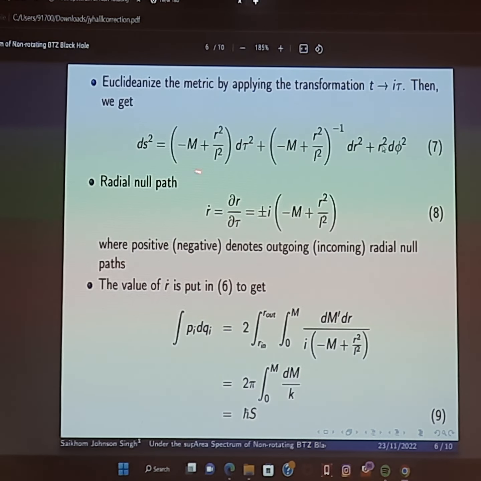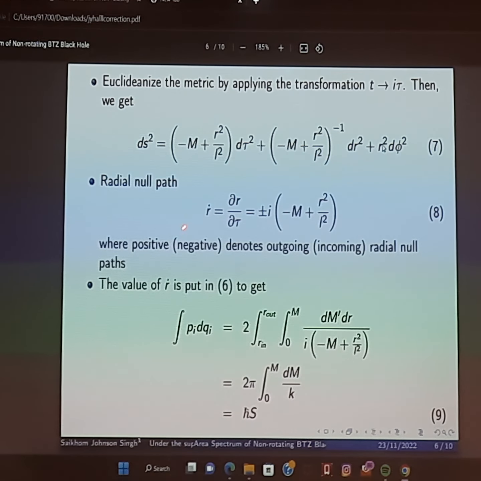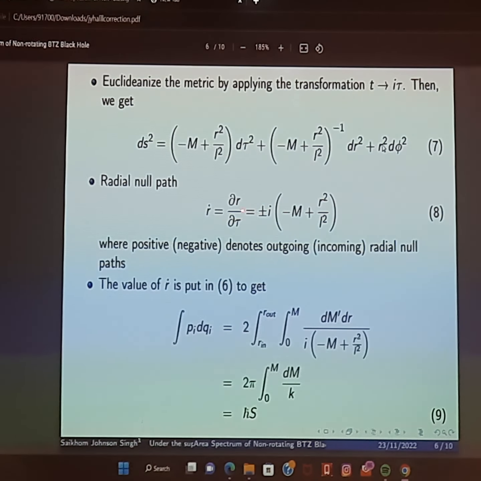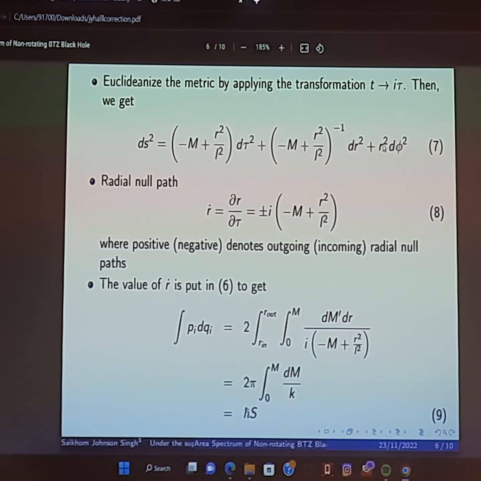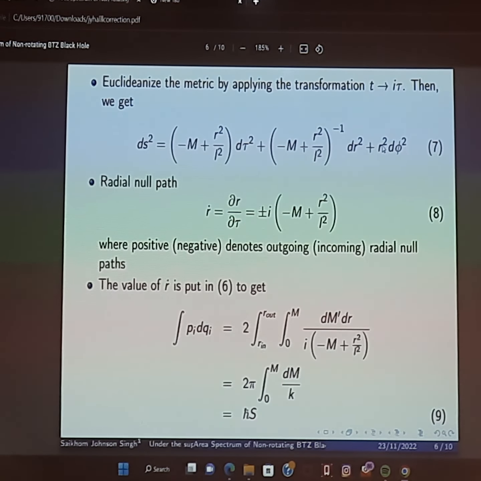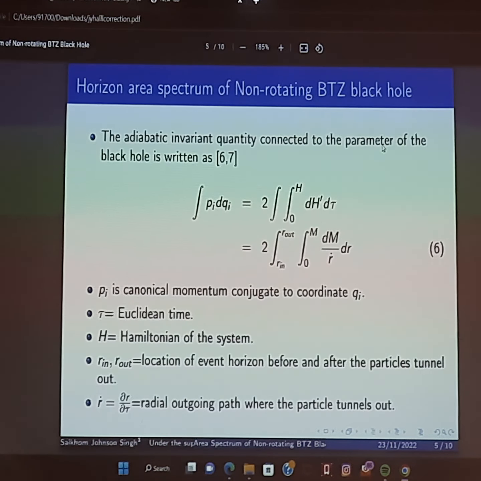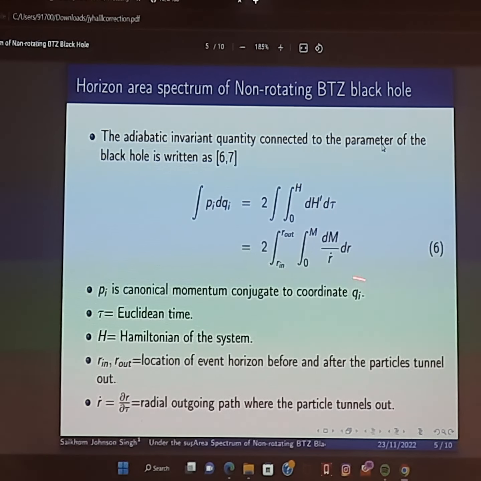From this matrix we calculate the radial null path, that is r dot, and we found the result as shown in this slide. Here the plus sign represents the radial outgoing null path and the negative sign represents the radial ingoing null path. The value of r dot is put in equation number 6 here,